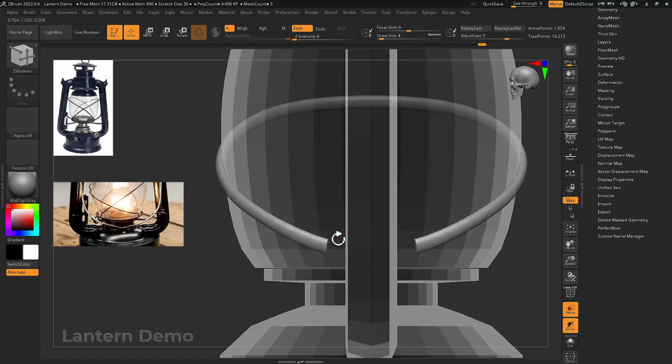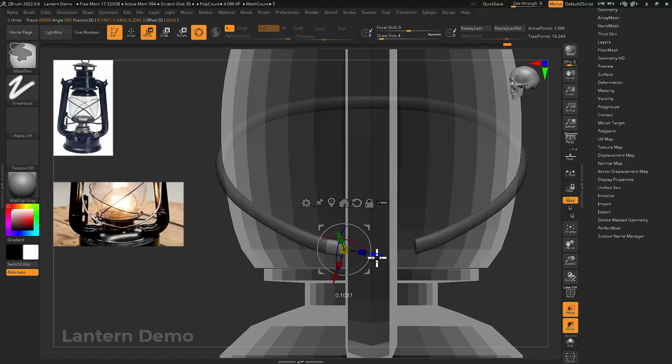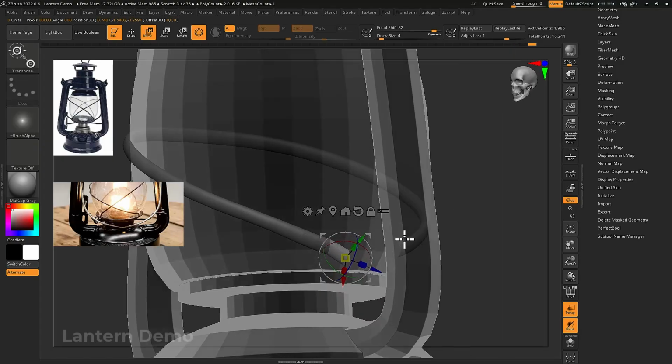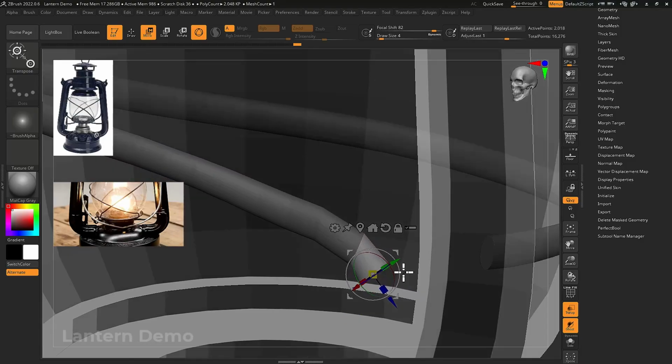And now we got that closed. I went ahead and polygrouped everything to the same polygroup. I'm just gonna go ahead and control click and drag that unmasked edge. And now I'm just going to perform a manual extrusion just by eyeballing it and twisting and rotating